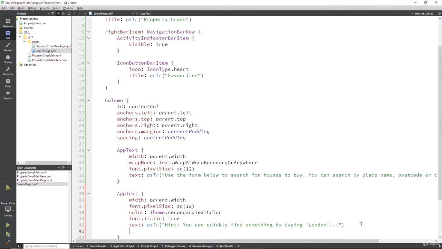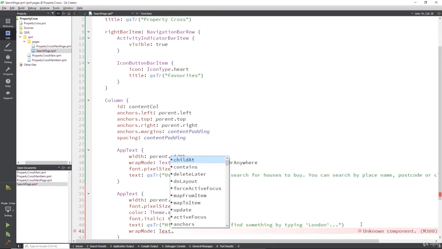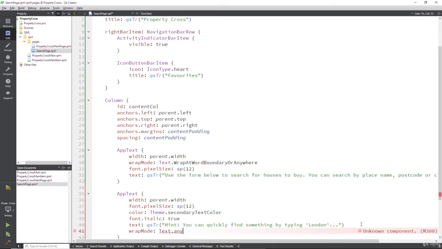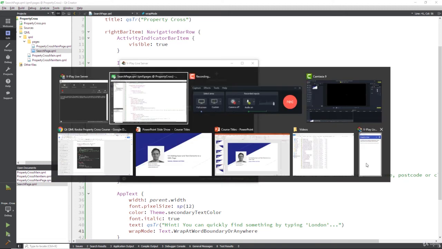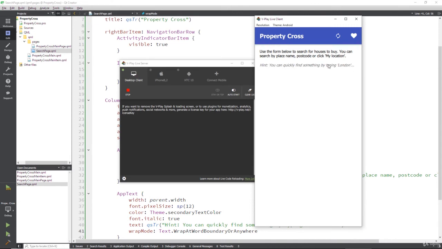And then we have to give this, again, a wrap mode, which is, if we're copying the last one, text dot, and let's just type anywhere and see if it picks it up. No, it doesn't. So we actually have to start with the beginning, wrap at word boundary, although it's not doing anything. There we go. Wrap at word boundary or anywhere. So that's our second text field. And if we save that and just look at our live server real quick, you'll see that has come up